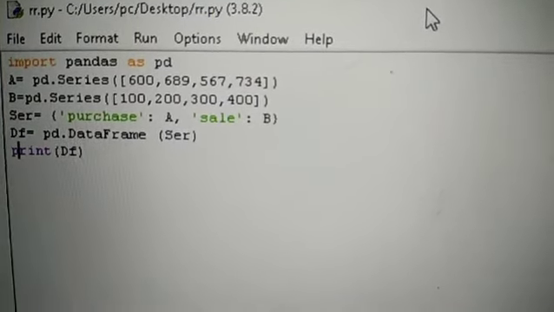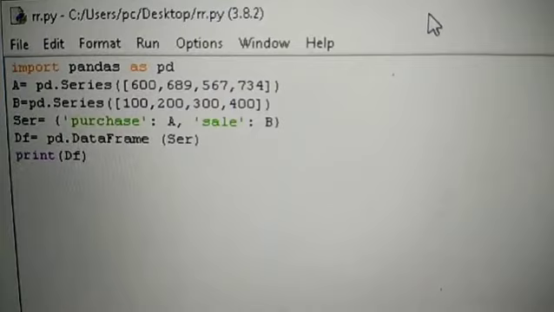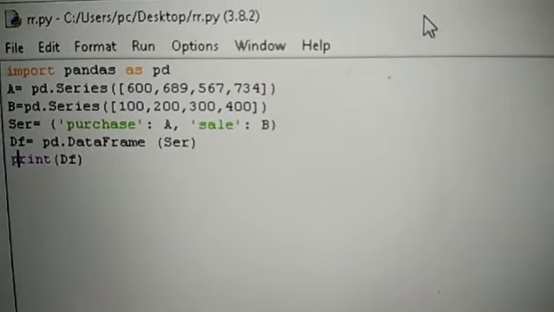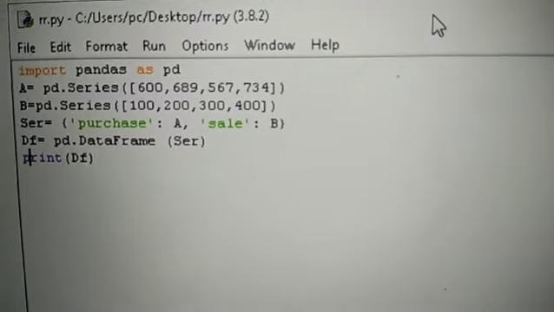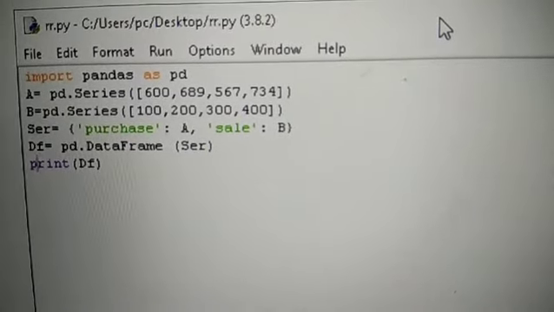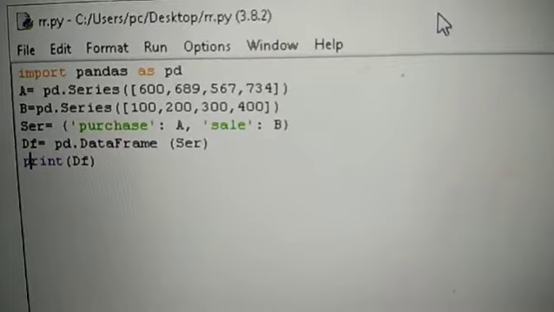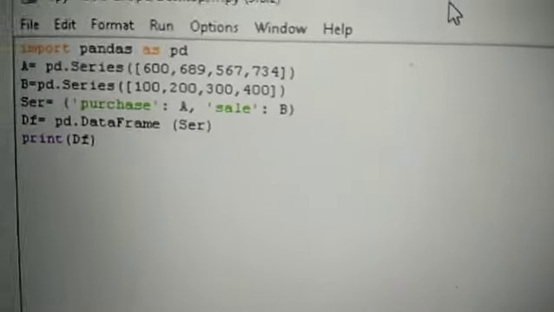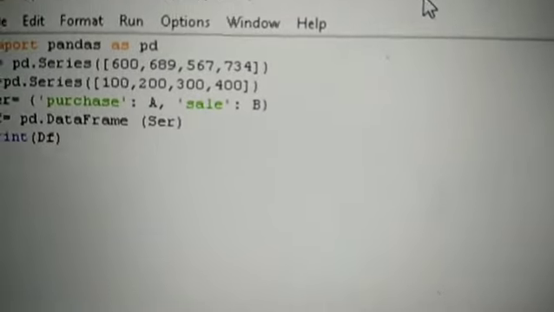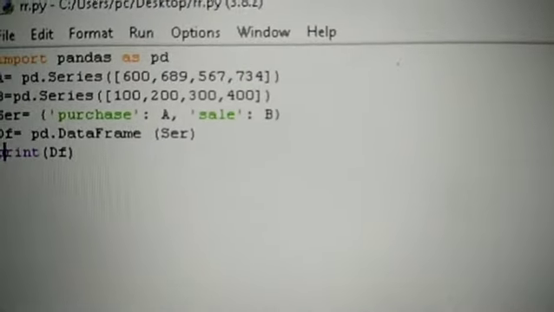Then we assign this to the variable ser and create a data frame, and in this data frame we are passing our series and assigning this data frame to the df variable and printing our data frame. So the data frame is df. So now we will print and run this.